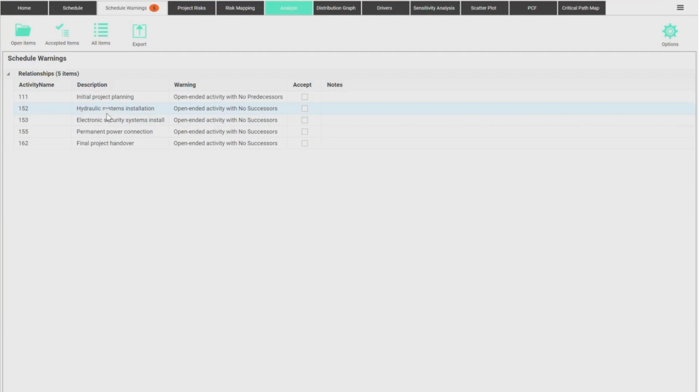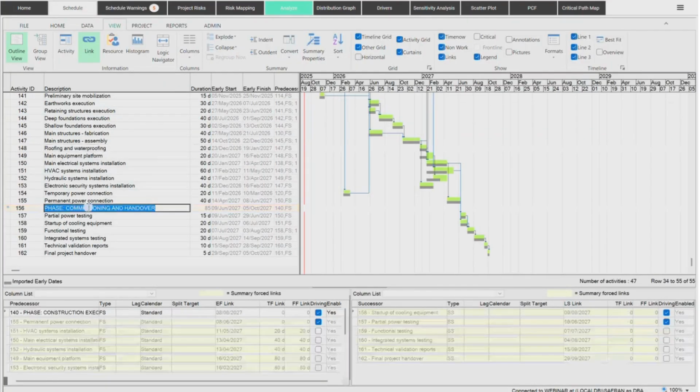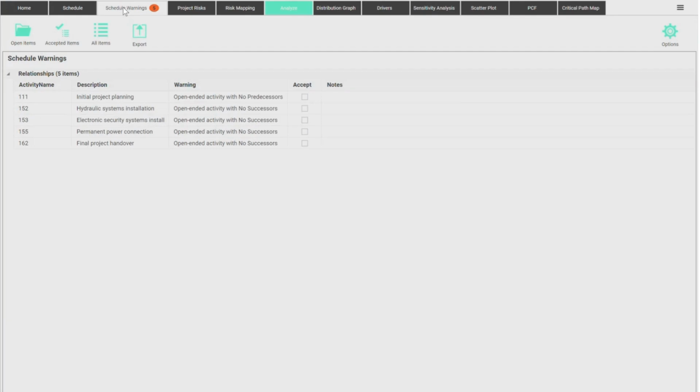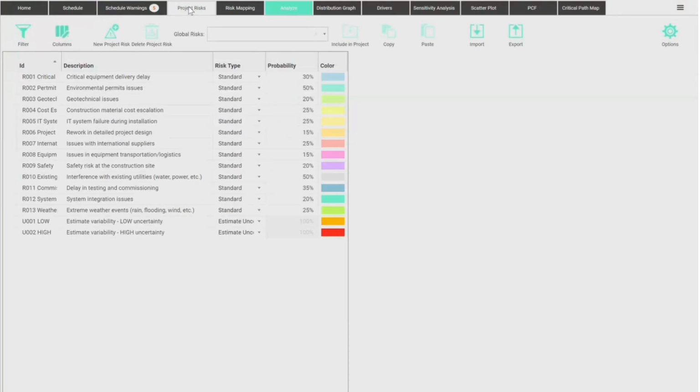The other tasks that we have here face the same situation: they need to finish so that phase 5 can start commissioning and handover. Okay, so this is a very important step. We have not even started with the risks, but it's important we have a decent, mature schedule for that. Now the fun part begins. We will talk about the risks themselves.